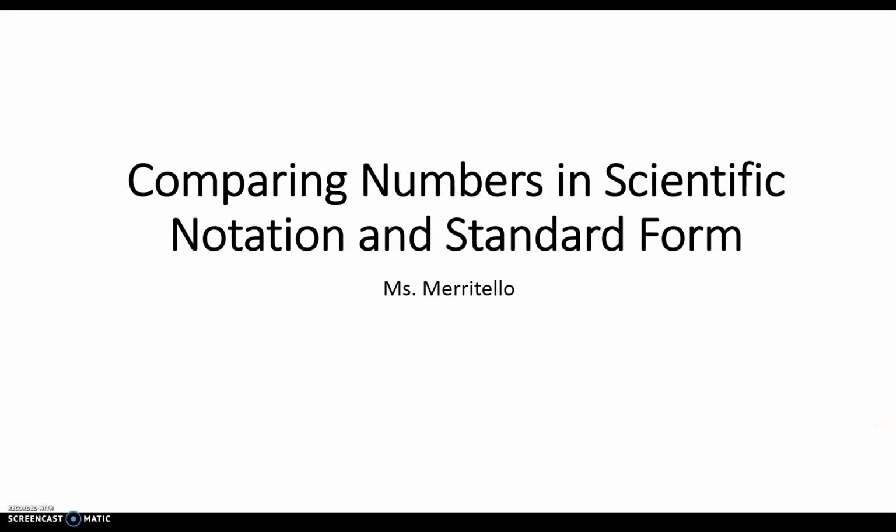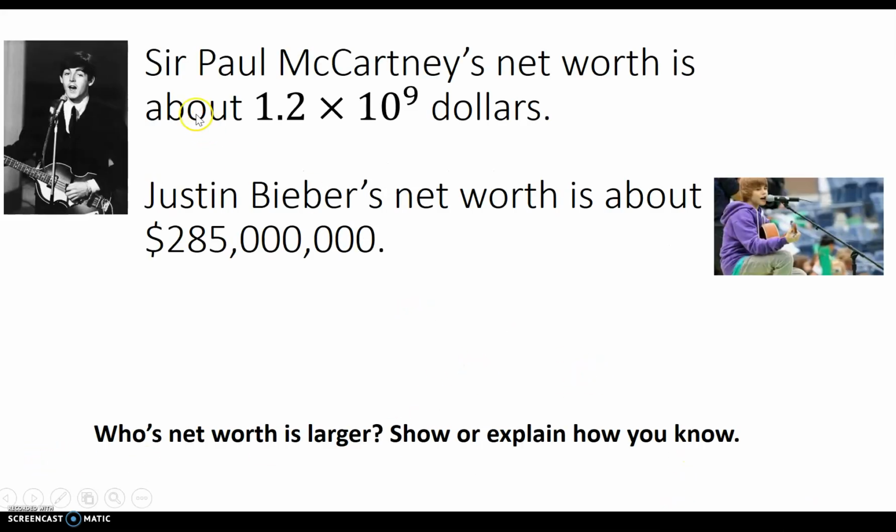In this video I'm going to talk about comparing numbers in scientific notation and standard form. For our first problem, we're looking at a word problem with Sir Paul McCartney and Justin Bieber. Sir Paul McCartney's net worth is about 1.2 times 10 to the ninth dollars. That was according to a website I found on Google. And then we have Justin Bieber's net worth was about